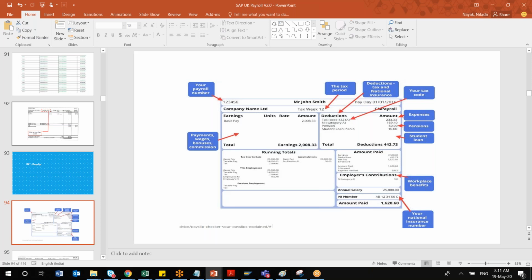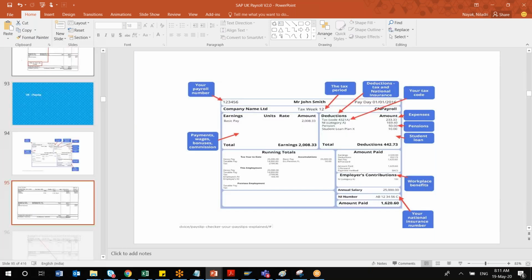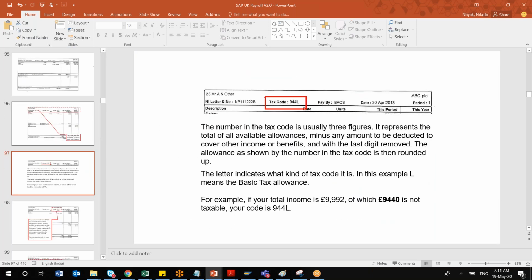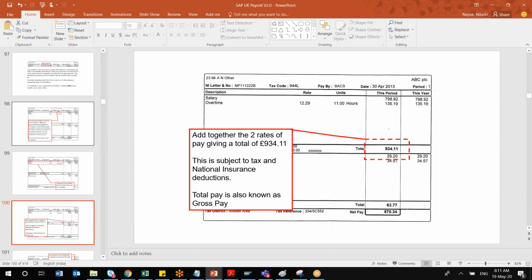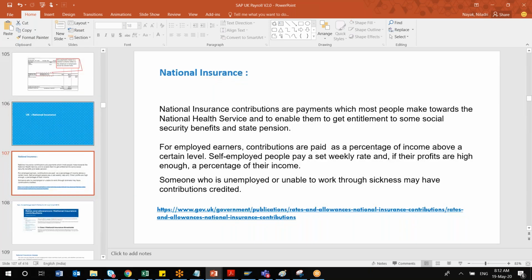It is just an alignment or designing aspect, how to drag and drop. We'll cover it in one session specific to payslip configurations, and how to align things if the client asks for customization of the payslip.